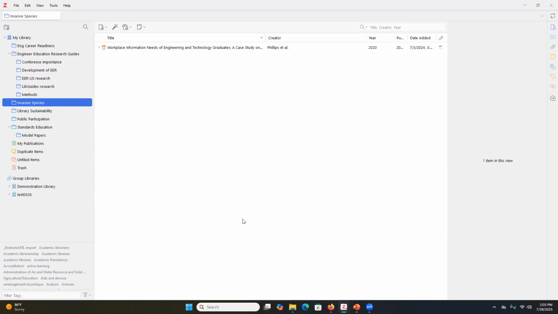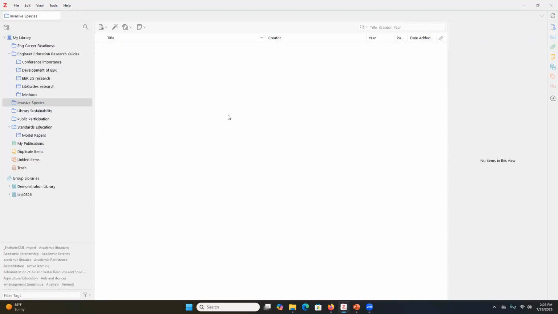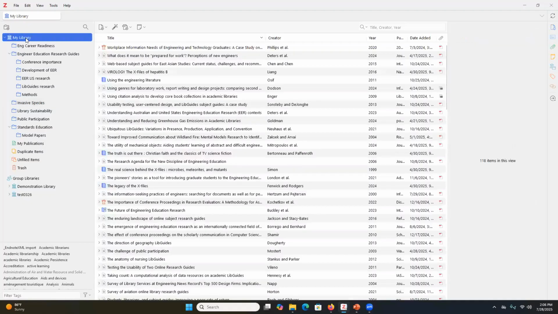If you do that by accident and you end up wanting to remove this item, you just right-click on it. In the drop-down menu, go to Remove Item from Collection. Click OK, and that will take it back out. Go back to my library, because you can